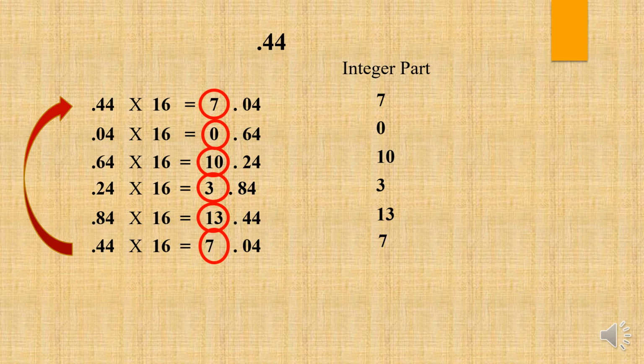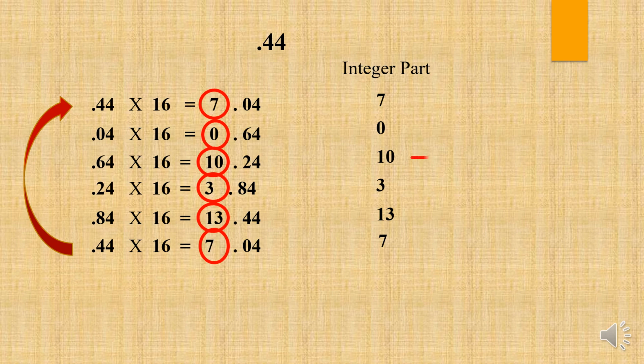So here we can say that we have 3 cases. The first case is we need to stop the multiplication process once we receive the fraction part as 0. The second case is we need to stop the multiplication process once we start receiving a repetitive pattern. And the third case is if we are not getting the fraction part as 0 and we are not receiving a repeated pattern, then after 4 to 5 steps of multiplication, we will stop the process.